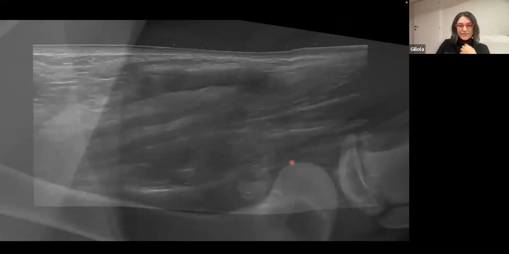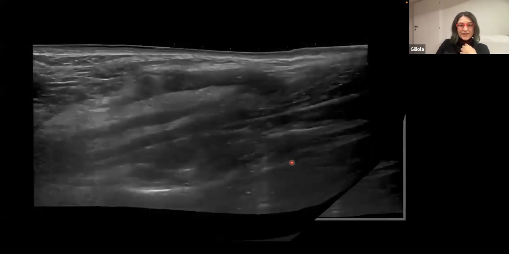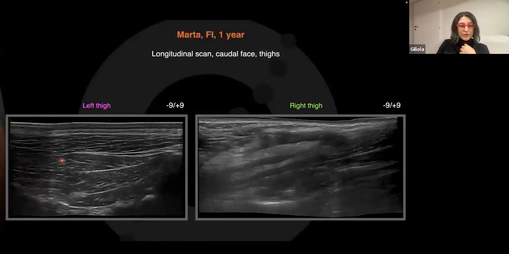Well, sorry. This is the comparison between the normal and the abnormal. Now we know why this patient is so affected, and it is so affected because there is a chronic rupture of